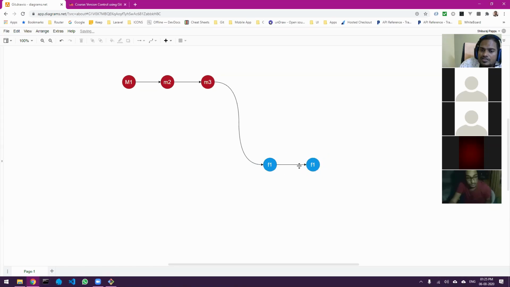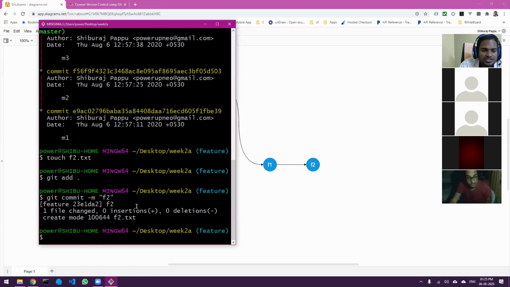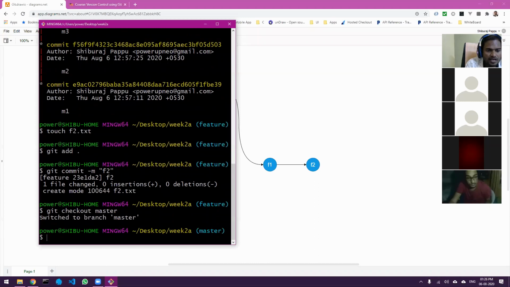Okay, so this will be now f2. So this is the current status. Now I'm going to go back to the master branch. For that, the command is checkout master. And now I'm going to create another commit over here,